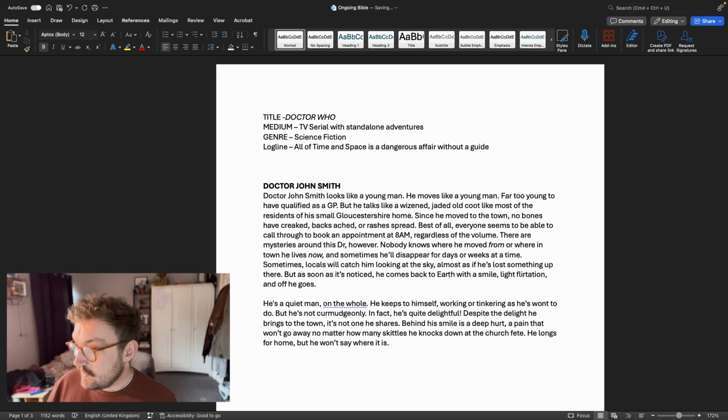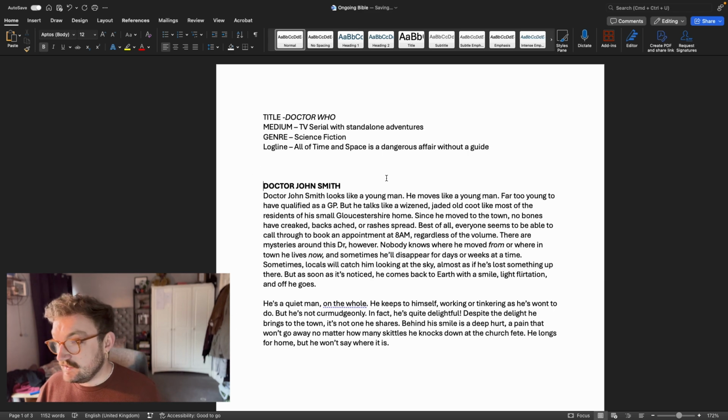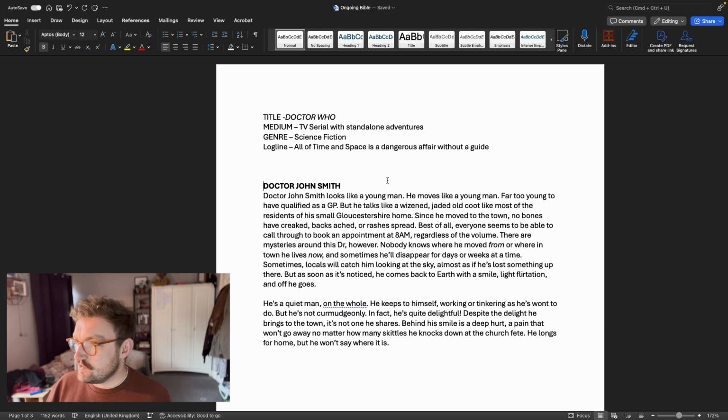John Smith. Now, Dr. John Smith looks like a young man. He moves like a young man. But he's far too young to have qualified as a GP. But he talks like a wise and jaded old coot, like most of the residents of his small Gloucestershire home. Since he moved to the town, no bones have creaked, backs have ached, or rashes spread. Best of all, everyone seems to be able to call through to book an appointment at 8 a.m.,